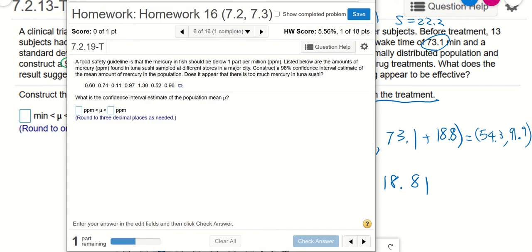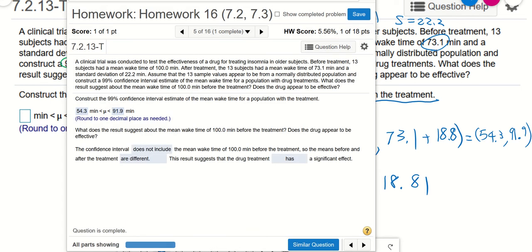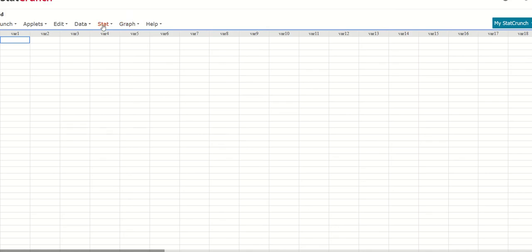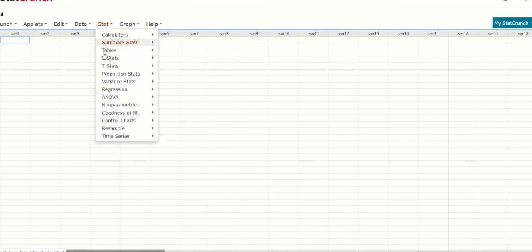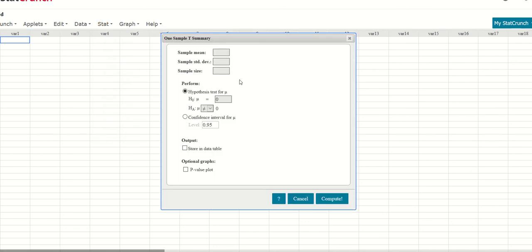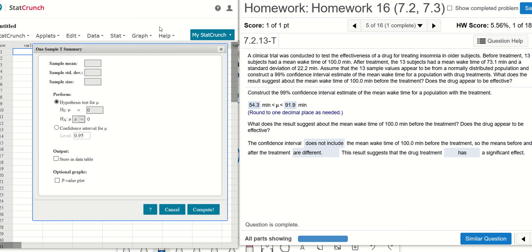Okay, before we look at the next problem, let's see if we can do the same problem using StatCrunch. You go to Stat, T Stat, since we're talking about the T distribution here. One sample, here we're dealing with summary, so with summary. Sample mean was, let me put the problem this way, the sample mean is